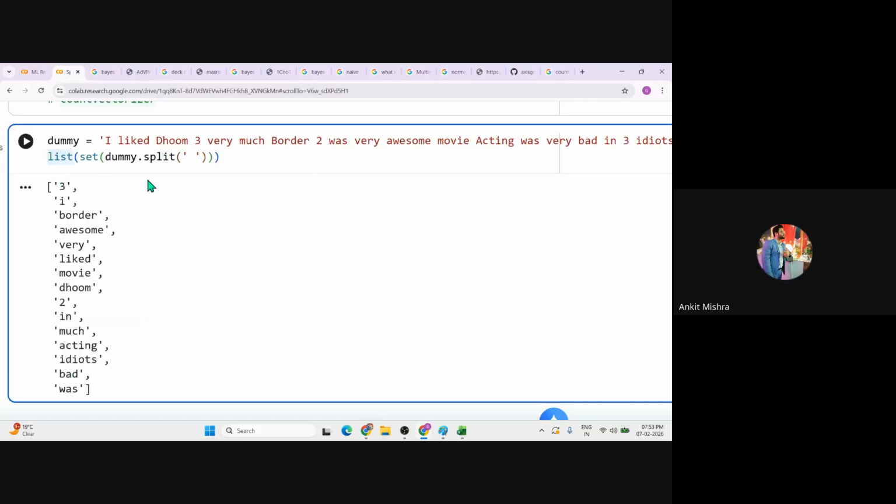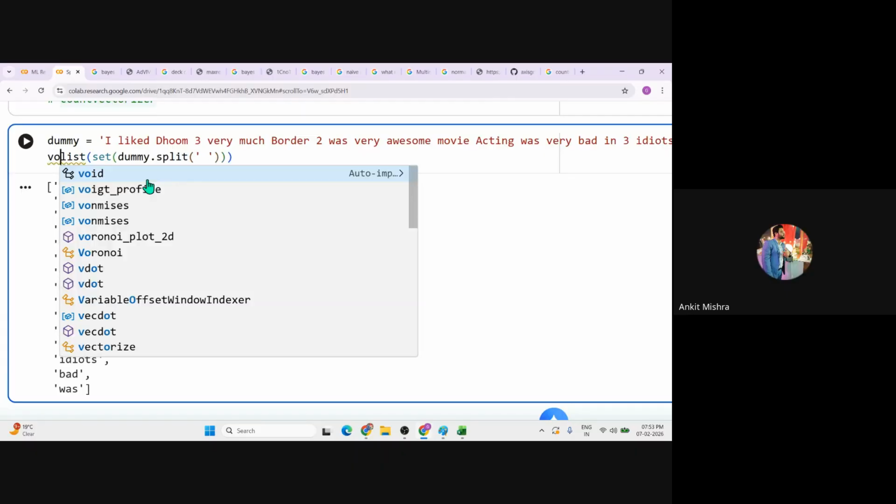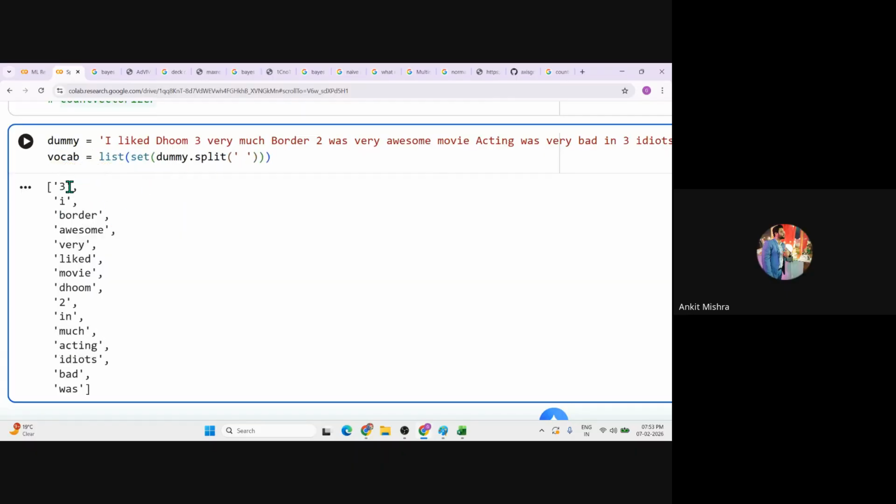These are called my candidate tokens. The tokens you can simply call the vocabulary. Vocabulary is the complete overall set of unique words that you have. Let's write this as vocab. Now we have only the limited words, and if a word is repeated, we simply consider it as a single unit.